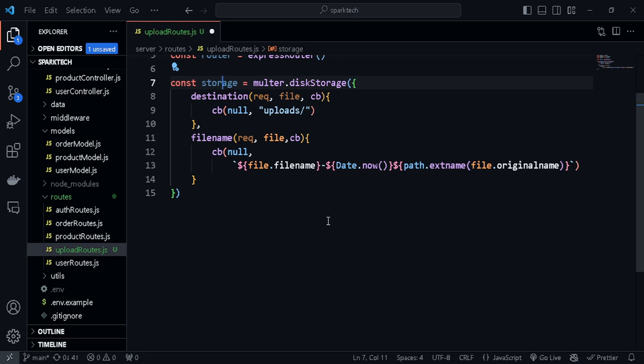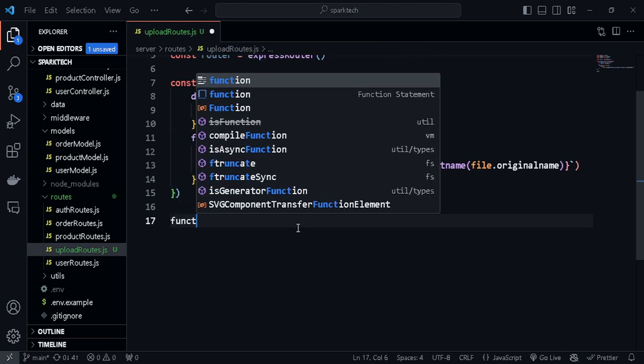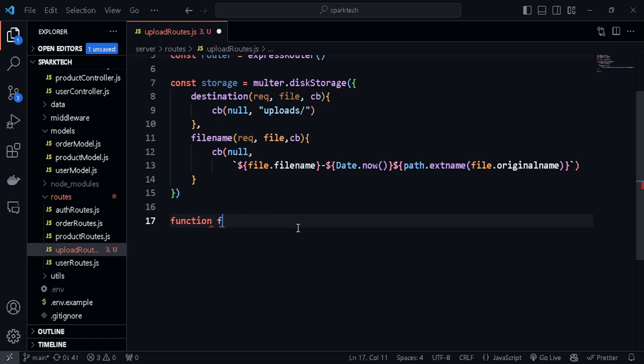Now we need to check for the file type. Any user can upload anything, even PDFs. So we want to check that, and we only want to accept image extension names, like JPEG, PNG or WebP, anything like that. So let's create a function to check that. We can call this file filter,